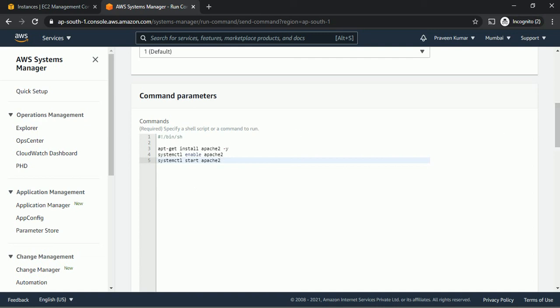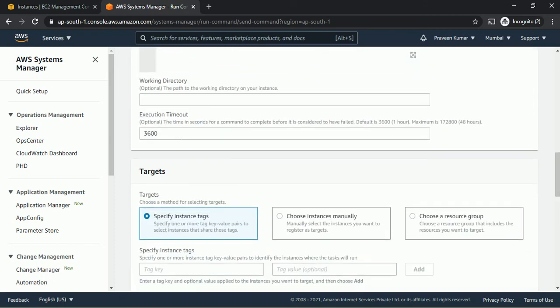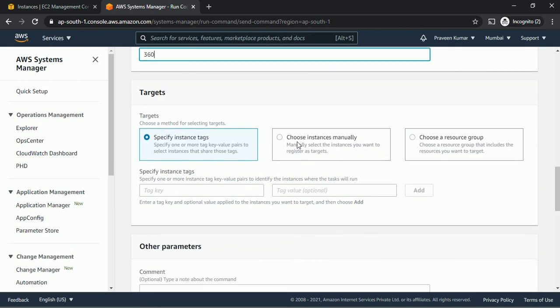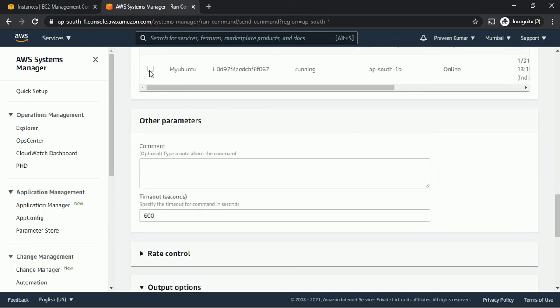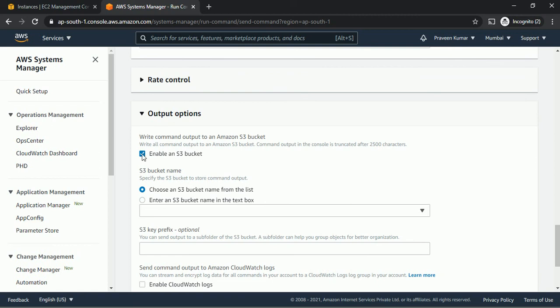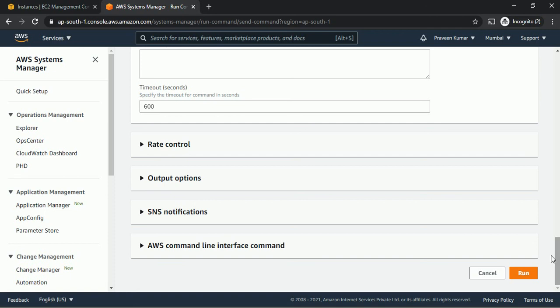Like this we can give any script here. The remaining options you can keep the same, like execution time and everything. Within this time the script will be executed. You have to choose the manual instance option and select your instances here. Everything else is the same. Uncheck this one, I don't need this option, so click on Run.